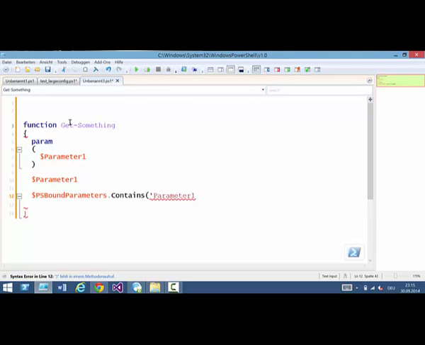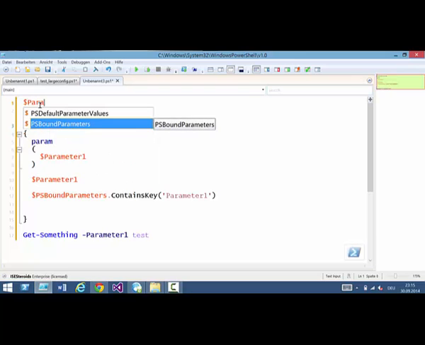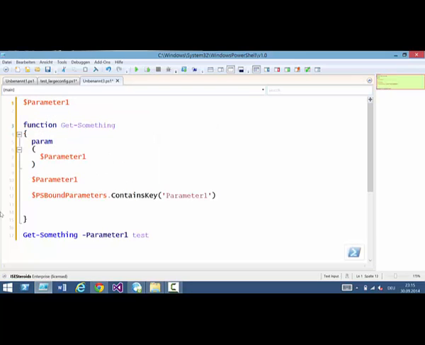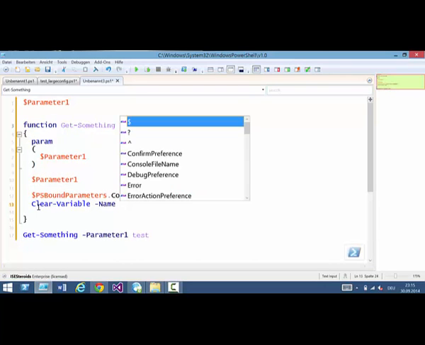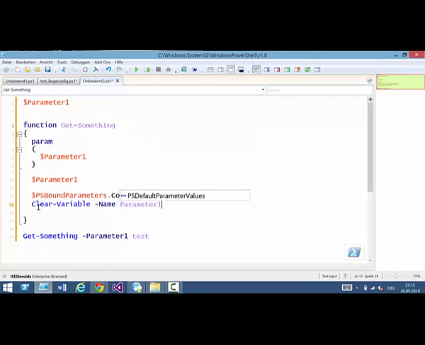contains key. Let's say parameter 1. It says contains. Okay, contains key. Should be that. And let's also finally do one more thing. What's missing here? It's a German system, so there's another params. All right, and then do a clear variable